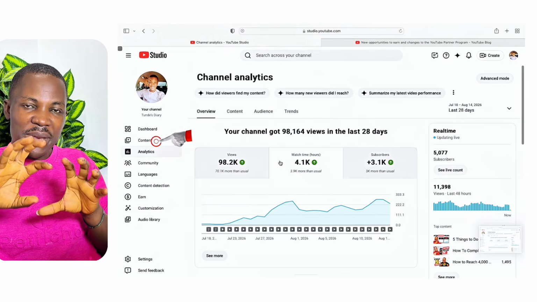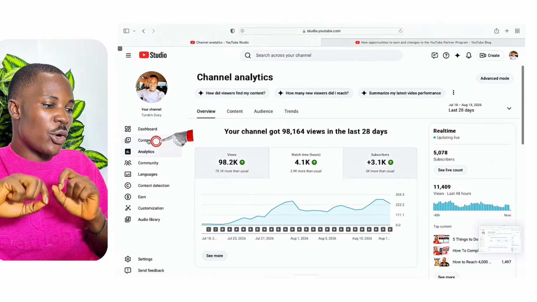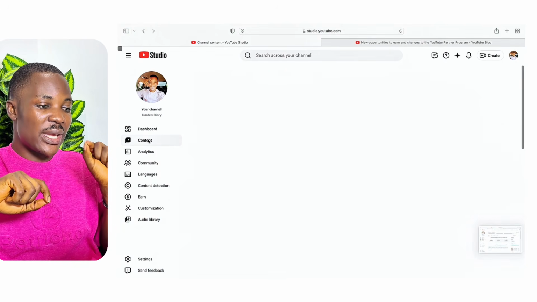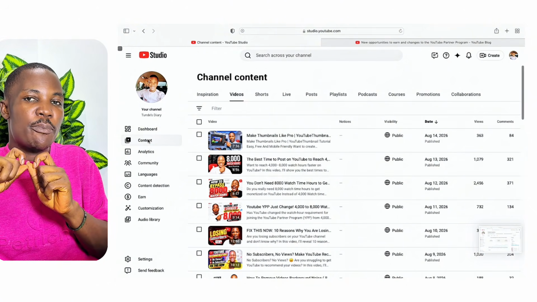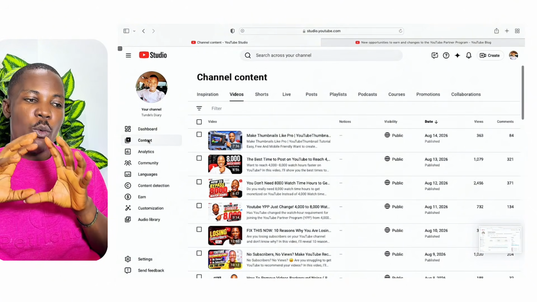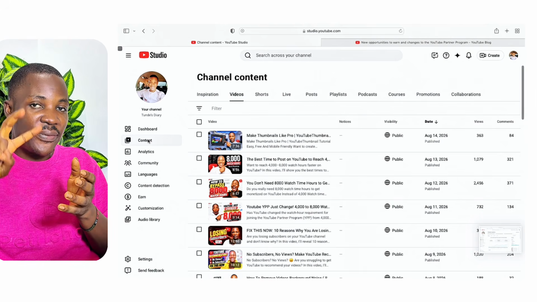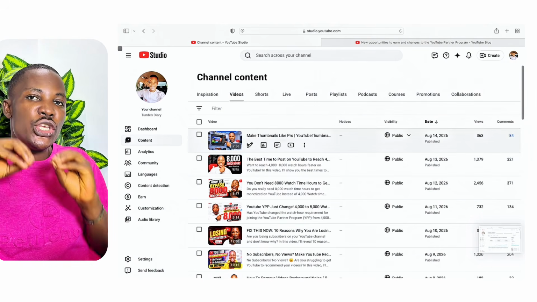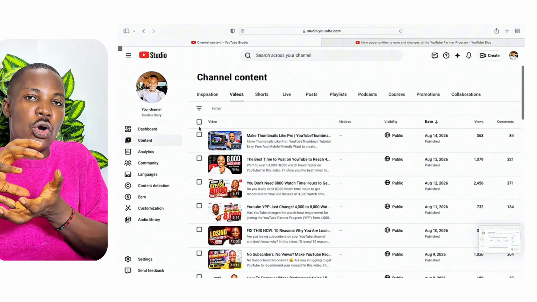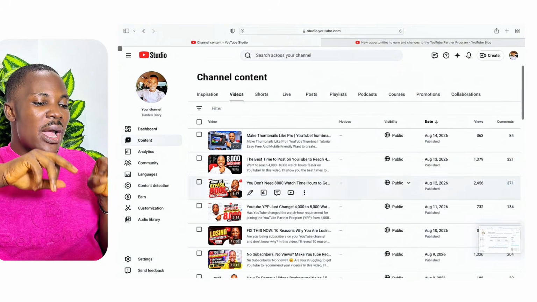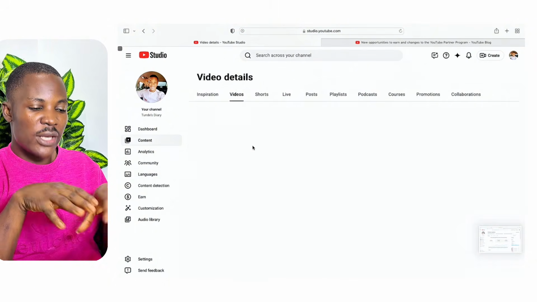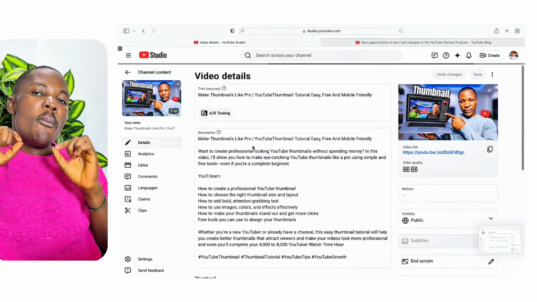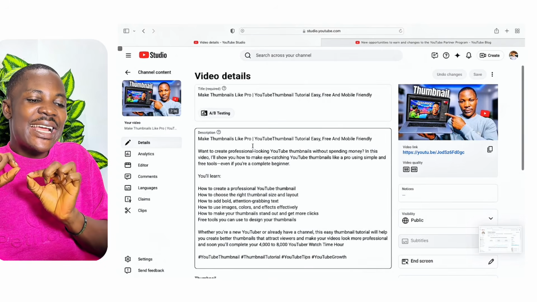Now let me begin to show you those settings one after the other. So come to your content. Okay, click on content. Now we're going to be using one video as a practical example, so just follow one by one. In short, the 4th and 5th that I told you are new features on YouTube. Okay, so now click on this pen icon on the first video or any video of your choice. So it's going to bring you here. Number one setting that you underrate on your video